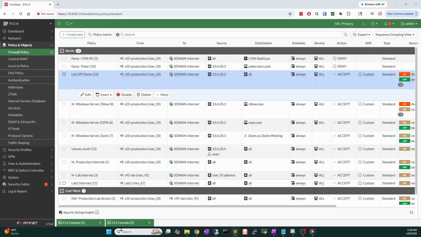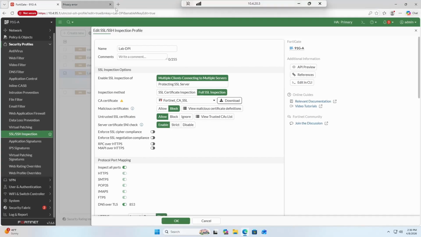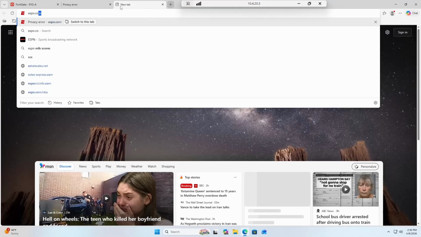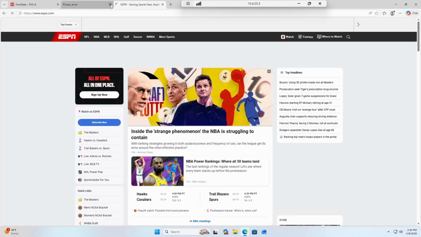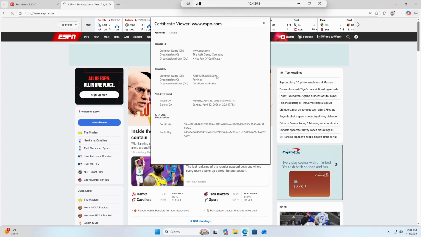So what we'll do is come back to this FortiGate, and I just want to restart the session. So we'll set a filter here for that device, and then we'll clear all the sessions. Now if we go back to the client, when I go to espn.com, I don't get that cert warning anymore. If I view the cert, it's still issued by my FortiGate, but now my client is trusting that certificate. So this is showing that DPI is working now